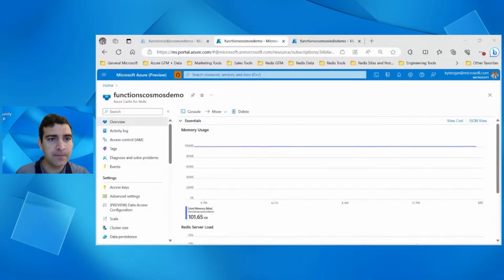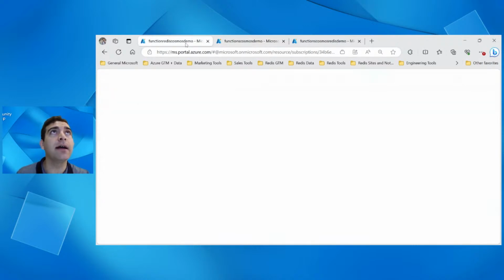Okay, here we go. So right here we have our demo, and there's three pieces to this. I'm using Cosmos DB as the database in this case, and I have my function and my Redis instance. And so what I got going on here is a function. As soon as this comes up,